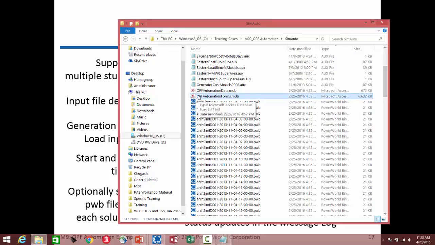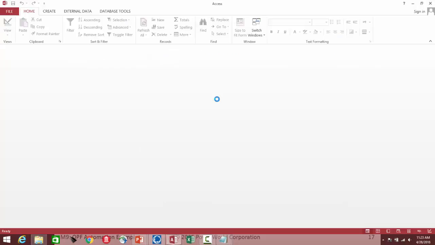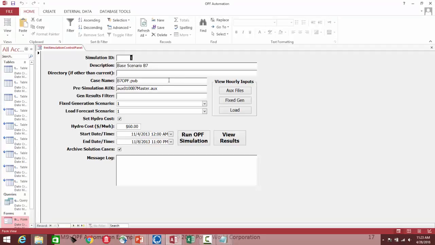There's two database files, one with data and one with code in it, and the code lives in the one called OPF Automation Forms. So I'll open that,